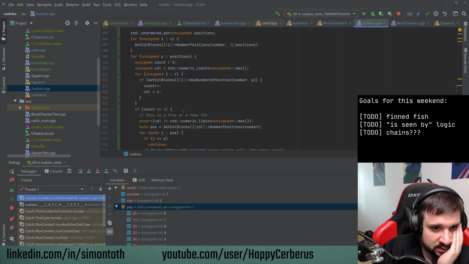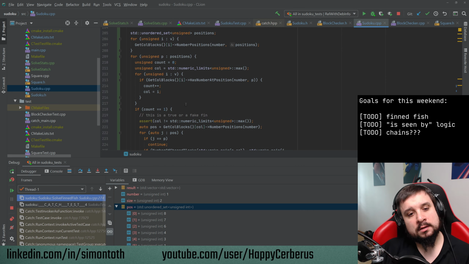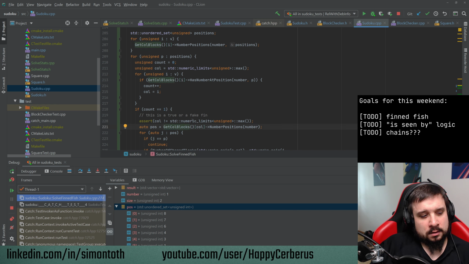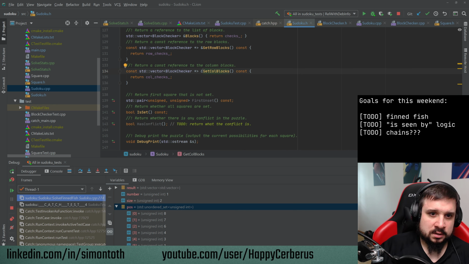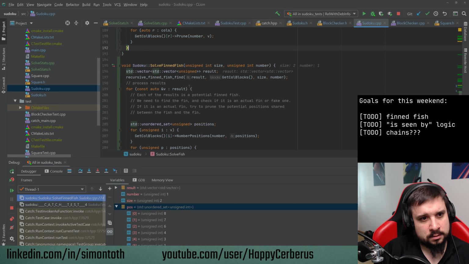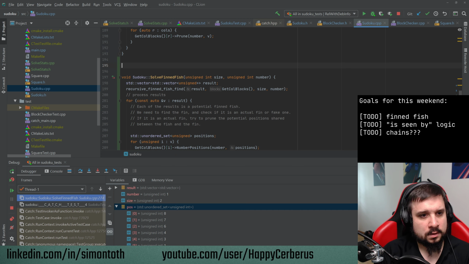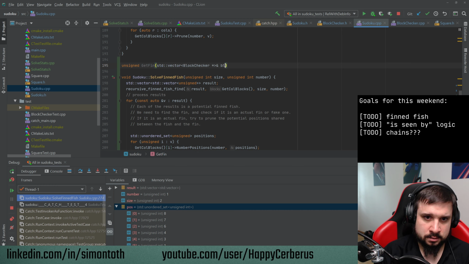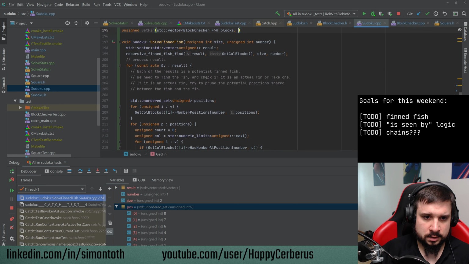Yeah, so I basically want like a get fin thing. What I want to give it is a vector of block checkers. So it will be unsigned get fin. It will get a vector of block checkers. And it will get